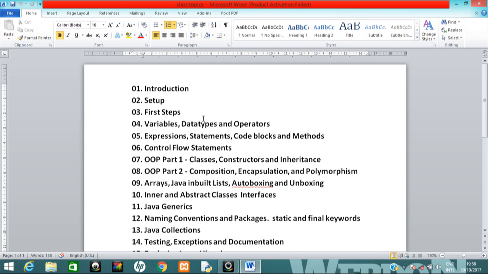The next step is our first Hello World application, where you and I are going to build our first application that will display Hello World on the console. We'll move into variables, data types, and operators. Once we get out of data types and operators, we'll go into expressions, statements, code blocks, and methods. Then we'll move into control flow statements, where we have for, if,